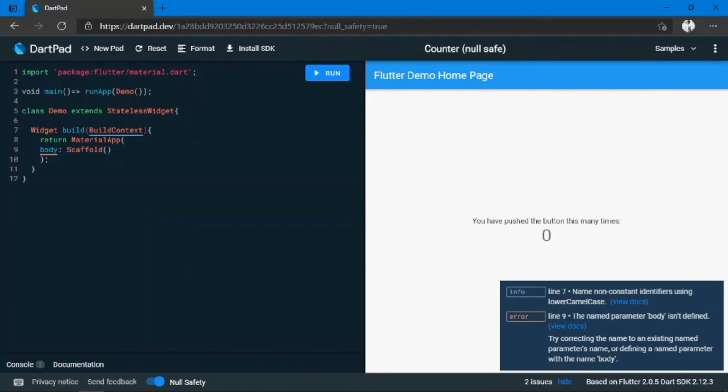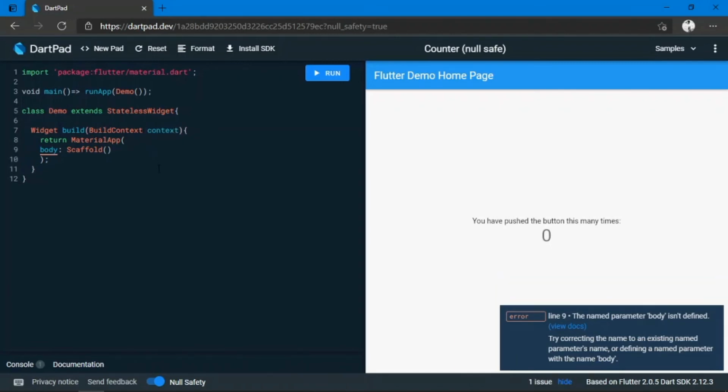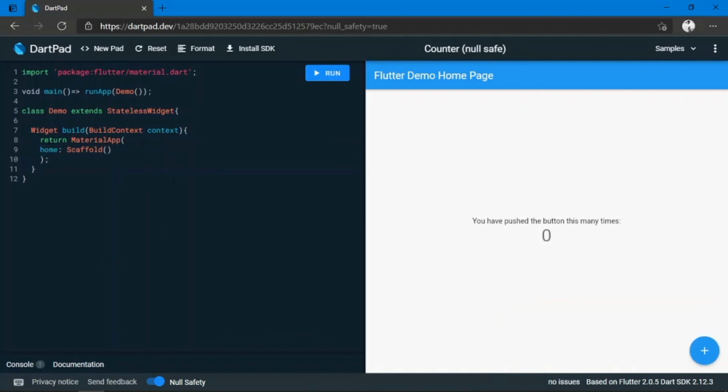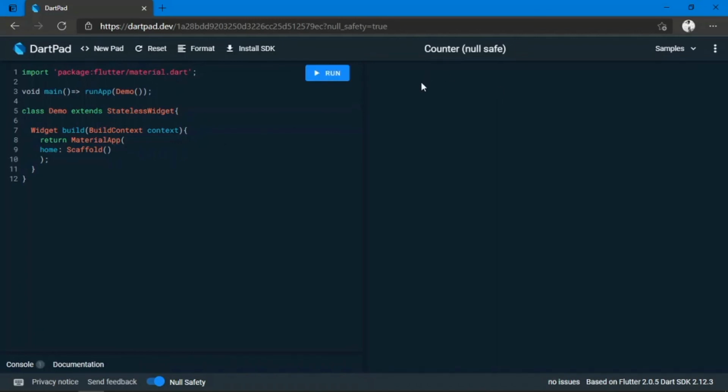Oh sorry, I have not written context here, that's why it's showing an error. So the body has a scaffold, and you don't need body, so you can just call home. If I run this, what will I get? I will get just a blank white screen. I don't see any app bar or button, because I have just created a material app, and that material app's home is a scaffold.